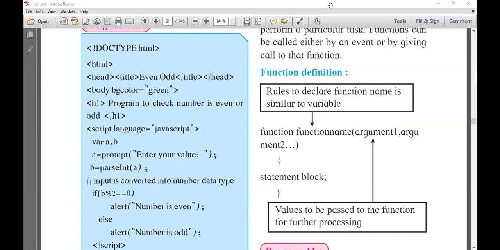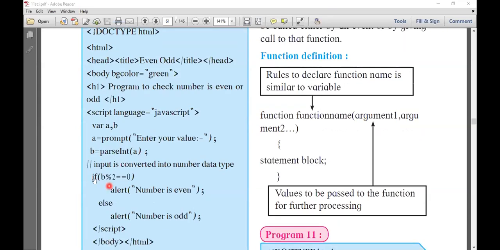Okay, so here is a prompt, enter your value, b is equal to parseInt a. Now here I'm going to write the condition. If, in brackets, b mod 2 double equal to 0, which means whatever value is stored in b, when you divide the value of b by 2, the remainder comes by using the mod operator.